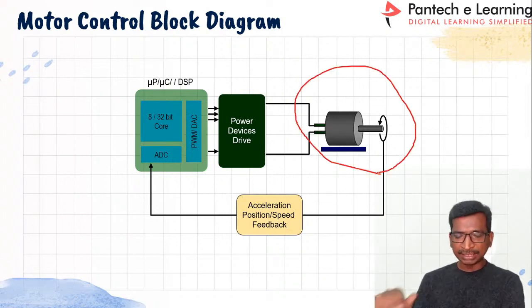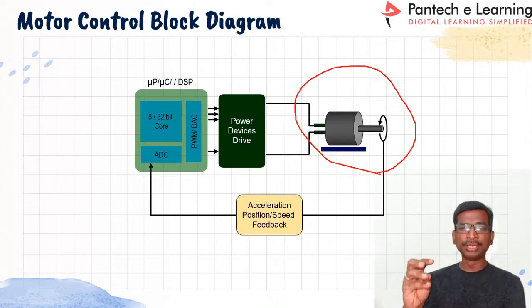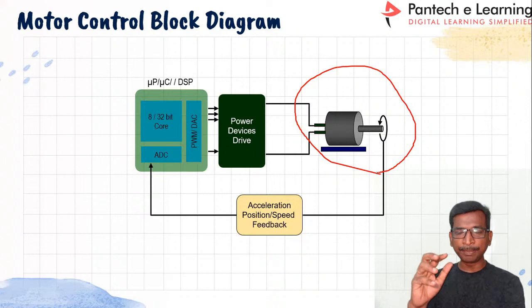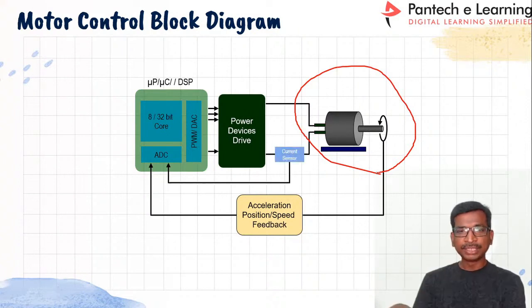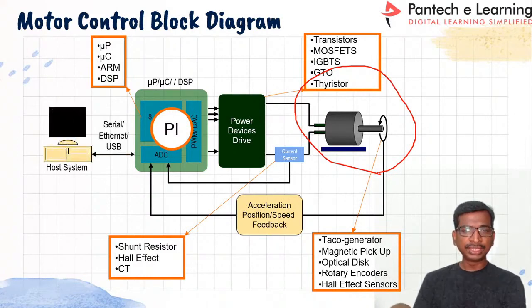So from the plant we need to sense the basic parameters like motor speed, load current, and then load voltage. So these are all the basic parameters which we have to keep maintained at a particular level. And after that, once you know the parameters, from the parameters we have to generate a control signal, right? So in that case,